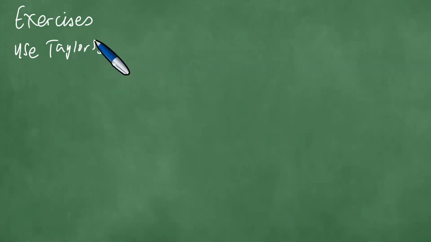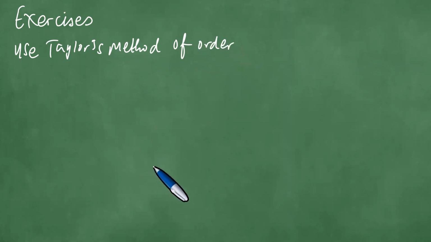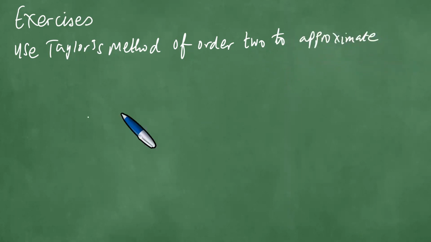The most popular is order 2 in the prescribed textbook by Richard Burden, Douglas Faires, and Annette. They like order 2 exercises, but once a person can do order 2, you can even do order a million. So Taylor's method of order 2. I'm going to give a couple of exercises and then we shall do just one or two. Just one will be enough, to approximate the solutions